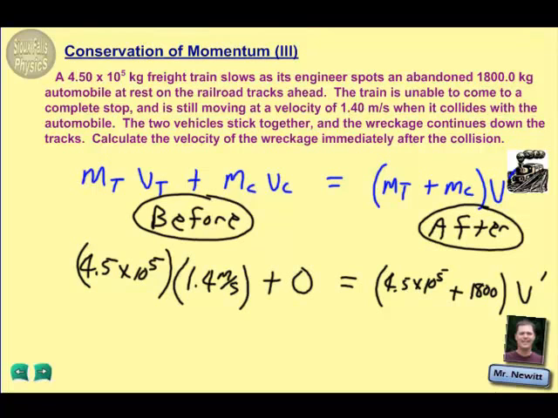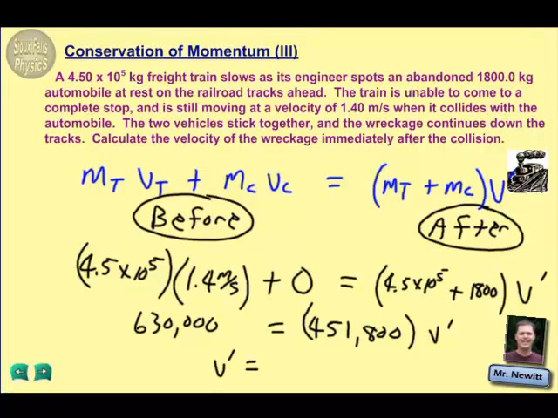All right, so let's do a little calculator work here, get some numbers for you. Multiplying these two numbers together, I get 630,000 when I take 4.5 times 10 to the 5th, multiplying it by 1.4. And over here on the right side of my equation, I'm going to add those two masses together. I get 451,800 kilograms and multiplying that by v prime. So just a little division problem here to finish this out. V prime ends up equaling